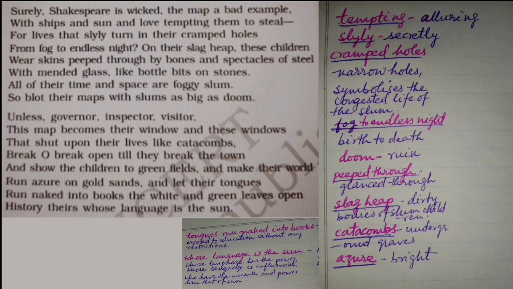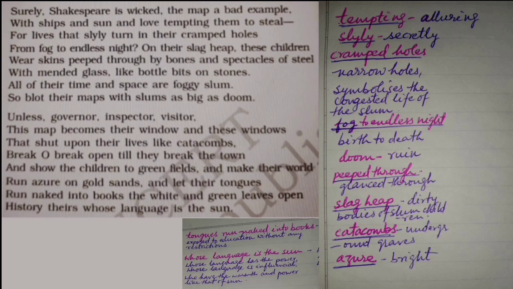And in order to live such a prosperous and luxurious life promised by the pictures that have been put on the walls of the classroom, they have to steal because they are very poor. So these pictures and the map hanging on the walls of the classroom tempt these slum children to steal. It means to commit a crime,